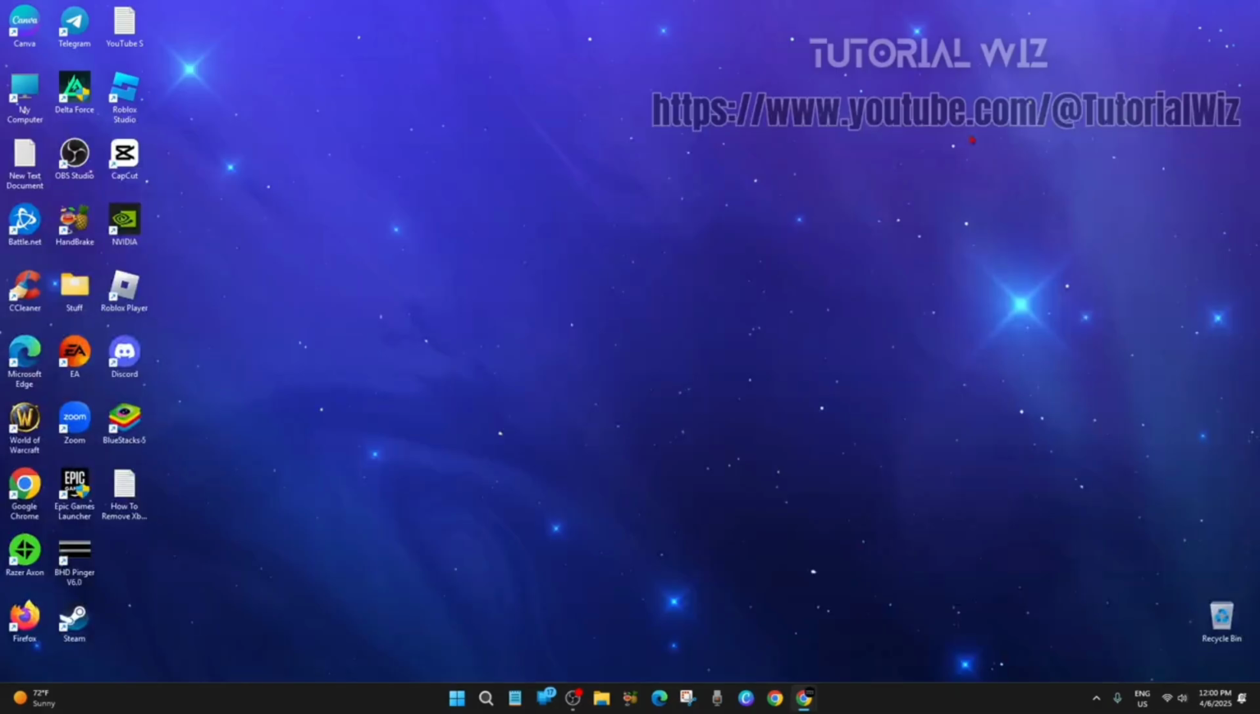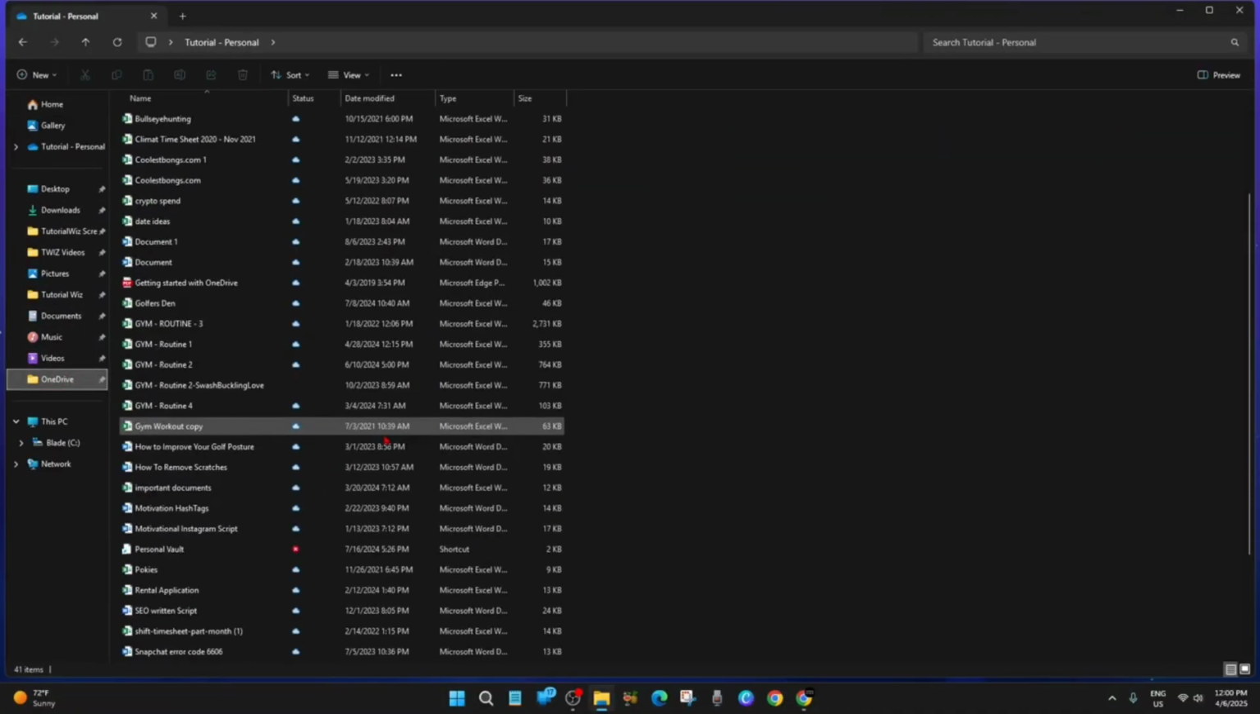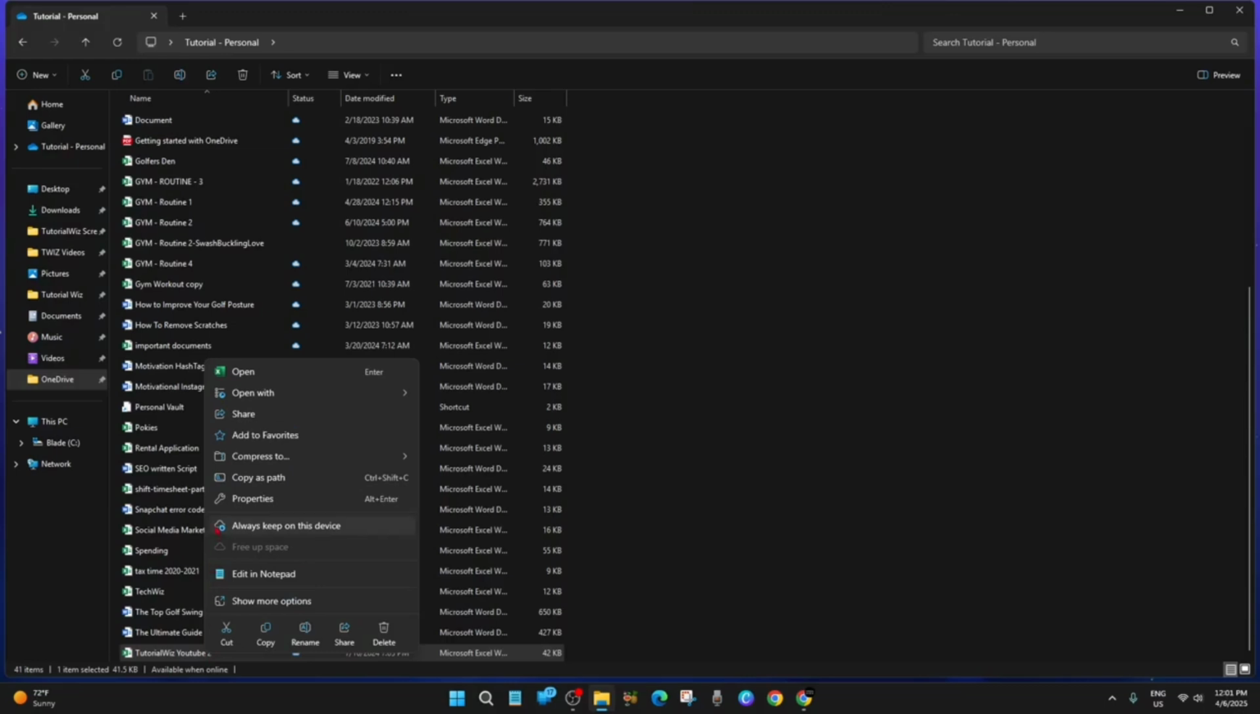So in most cases, I'm going to open up my File Explorer, navigate to OneDrive, and now I'm going to scroll down and right click on that file. This is YouTube tutorial, YouTube 2. So we need to right click this file, and then from here we need to choose Properties. So click onto Properties,